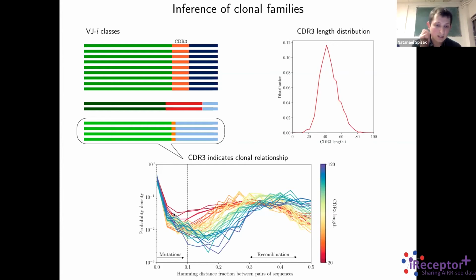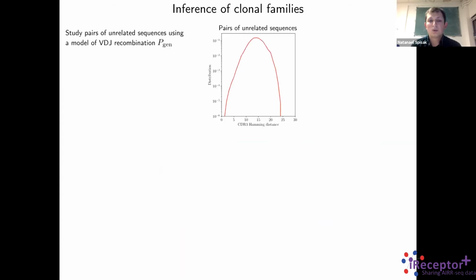And you can see that if we'd like to separate related versus unrelated sequences, so the ones that share the same recombination event versus the ones that follow from two independent recombinations, choosing the threshold should probably be adapted, first of all, to the data set, and here there are existing methods to do that, but also to the CDR3 length, since as long as the mutation peak stays fairly in the same position, the one that comes from independent recombination seems to move along as we increase the CDR3 length. So we set out to study this